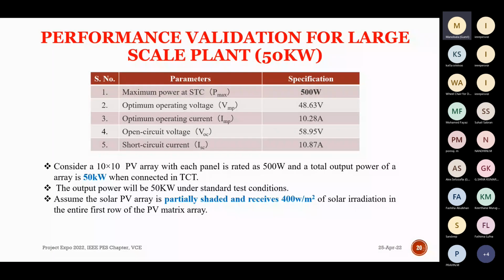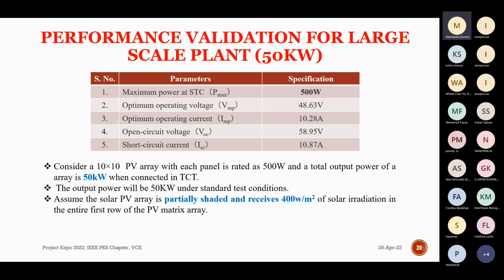Performance validation for large-scale power plant. We have done all this validation in a 40-watt small-scale plant, while we have implemented the same method in a 50-kilowatt large-scale power plant, which means there will be a huge difference. If we connect 500-watt panels in a 10x10 array in TCT configuration,